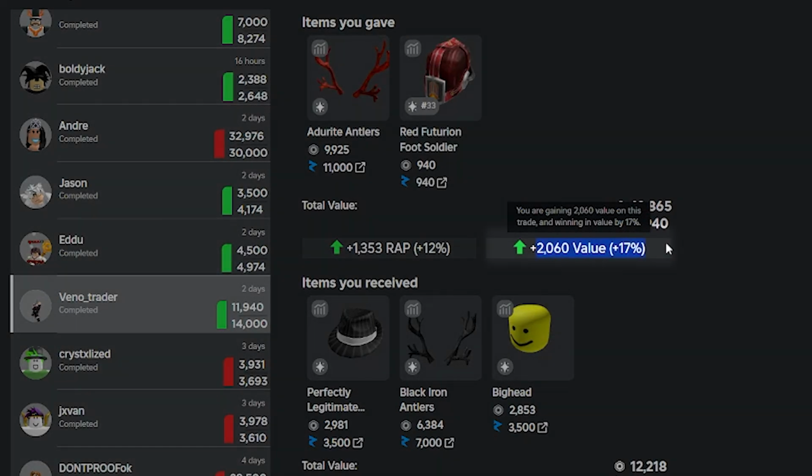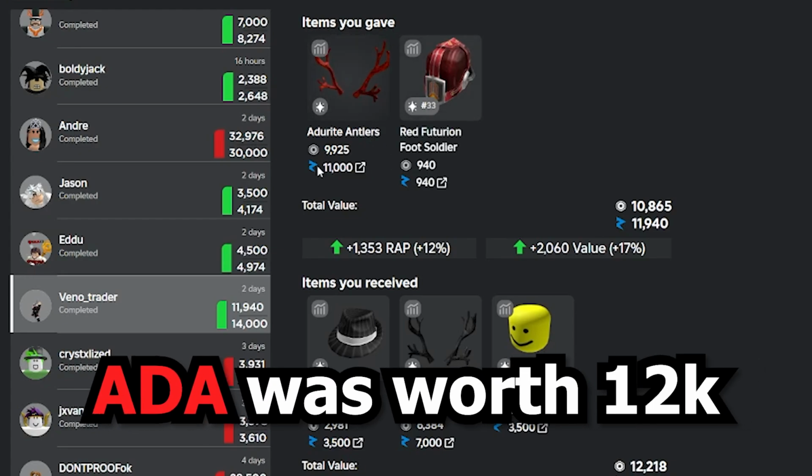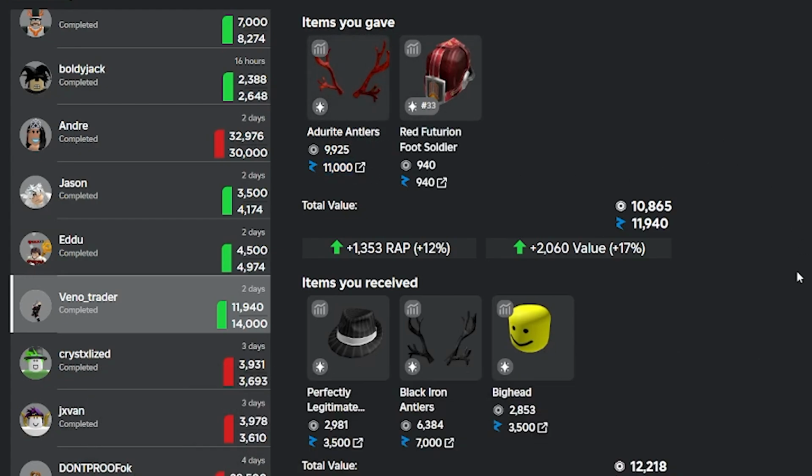This is a 2k overpay, which it wasn't because Adderite Antlers at the time were valued at 12,000, but dropped 1k due to insufficient wrap. So it dropped 1k, and this is now a 2k overpay. But this is actually still good because we got Black Iron Antlers, Big Head, and Legit, which are both good valued items. They both get their own separate overpays, although they could get devalued,